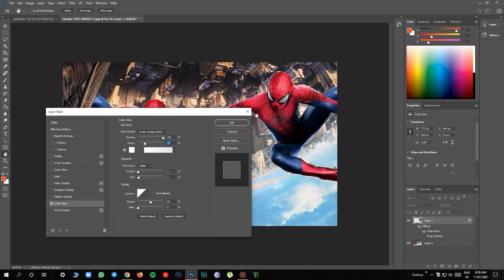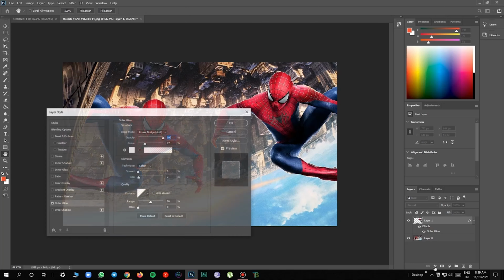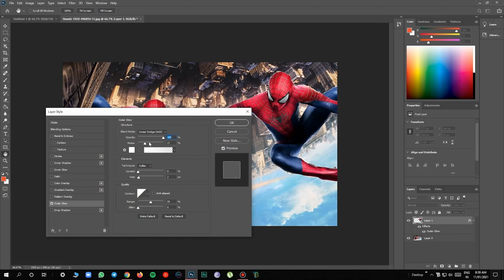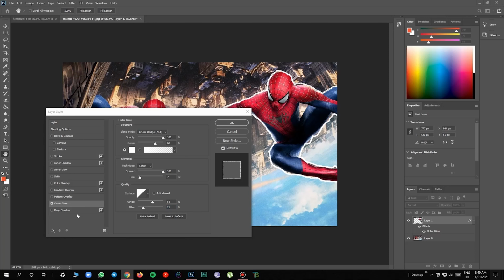As you can see in the layers tab, there are many effects in the layer style. So we are going to increase some spread, and not too much size, not good. Yeah, this is fine. There are many other options, as I told you in the earlier videos. You can check it out. Link will be in the description. Yeah, then let's give OK.